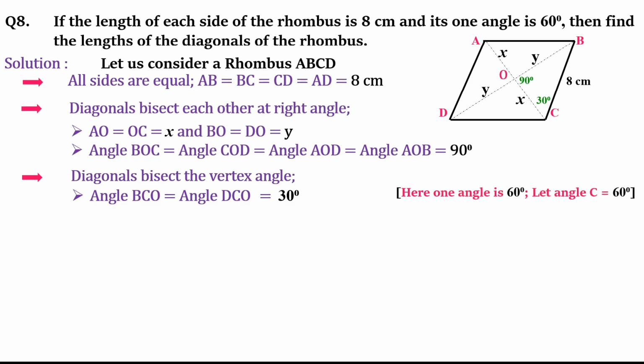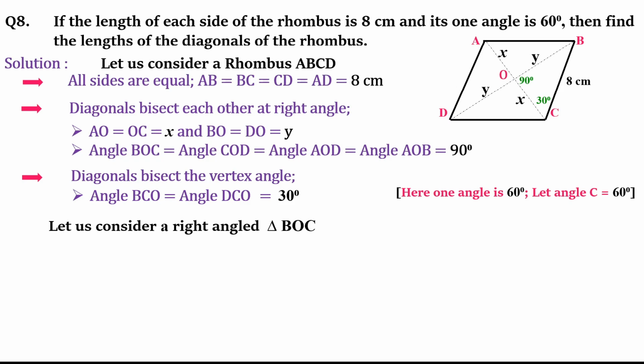Using all this knowledge, now the solving part starts. So you can see there are so many lines written. This is our previous knowledge. Before solving a question on rhombus, we should know all the properties of rhombus: all sides are equal and the diagonals bisect each other at right angle. We have got that 90 degree. We have got AC as 2x, and OC became x. Similarly BD we allotted as 2y and OB became y, and the final property was that the diagonal bisects the vertex angle.